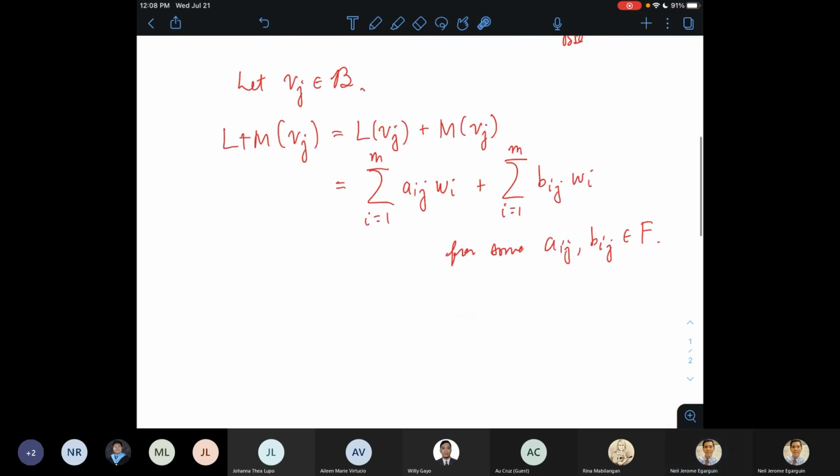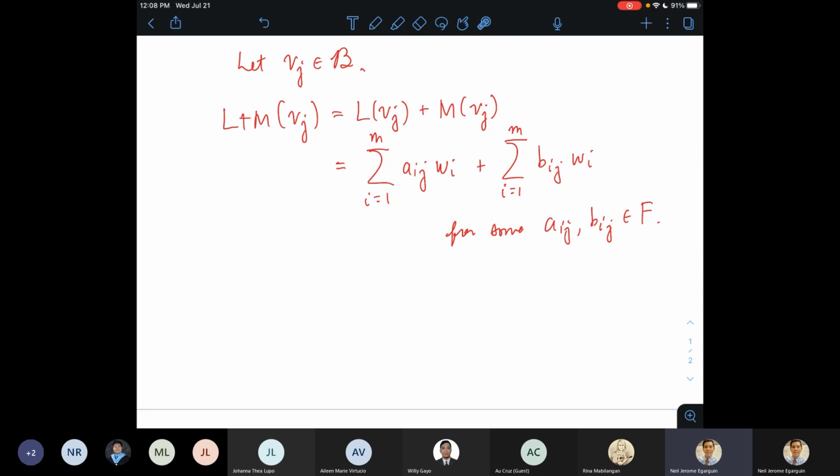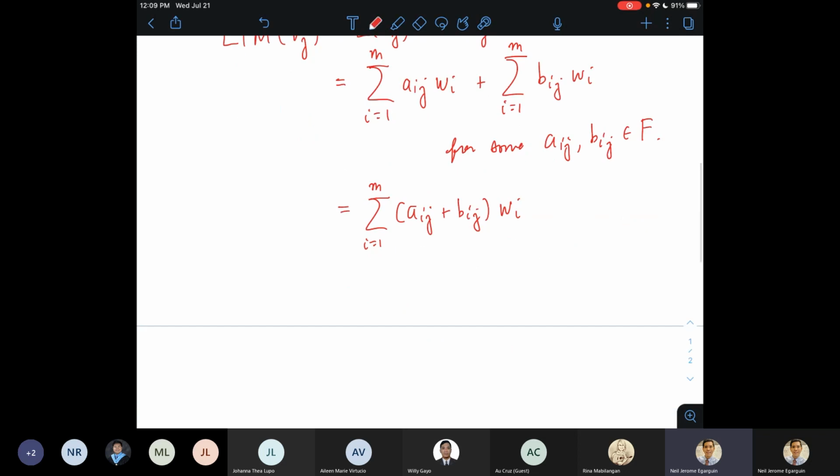Okay. And then here we see that in all, we can write this using properties of summation as Aij plus Bij times Wi's. All right, so I can simply expand them into one big summation and then use the distributive property of scalar multiplication over vector addition to get this form, right? So here we see that phi of L plus M actually is the matrix consisting of Aij plus Bij,